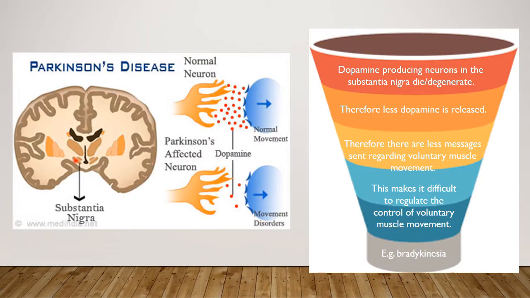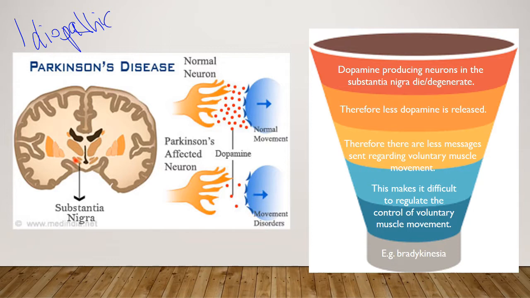Okay, the first thing to know is that Parkinson's is idiopathic, okay? I don't think that's how you spell idiopathic, but whatever. So idiopathic means that we don't know exactly what causes the neurons in the substantia nigra to die, okay? And so what that means is that we can't actually cure Parkinson's disease. All we can actually do is manage the symptoms, okay? Now, as I said before, this dot point is mainly concerned